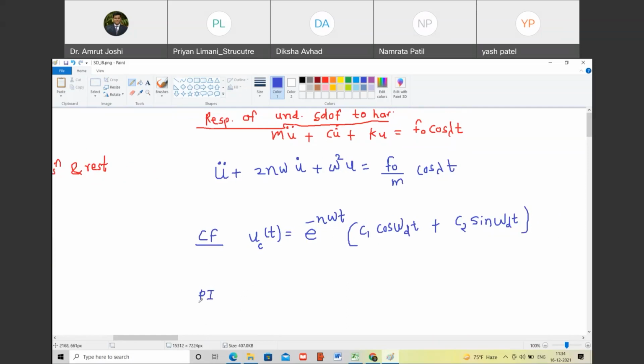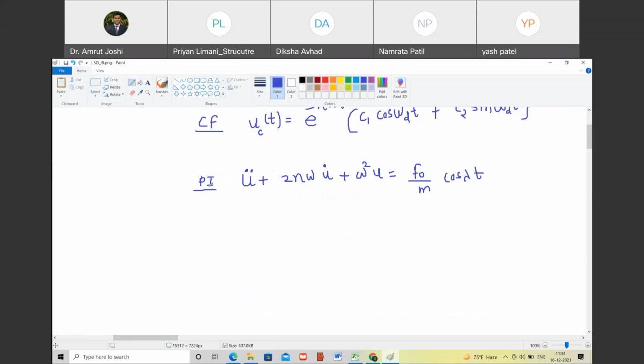So what is the particular integral? I have to give one solution of this differential equation. Are you with me? इसका मुझे एक solution चाहिए कौन सा भी. So what am I going to do? So now I will propose by inspection. How did I propose that? By inspection, leave it immaterial.